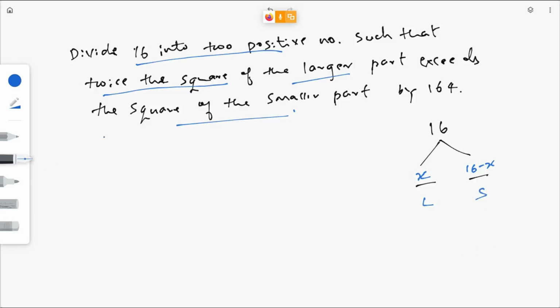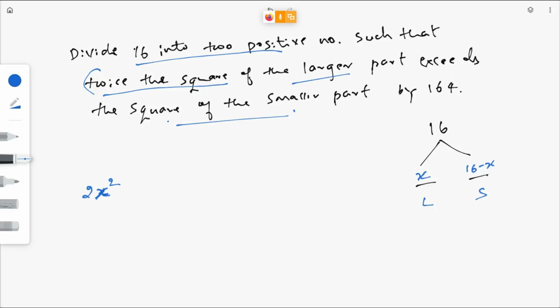Okay, so now, second sentence. Twice the square of the larger part. What will you get here? 2 times x square. Yes or no? What is the larger part here? x. The larger part is x here. So twice the square of the larger part